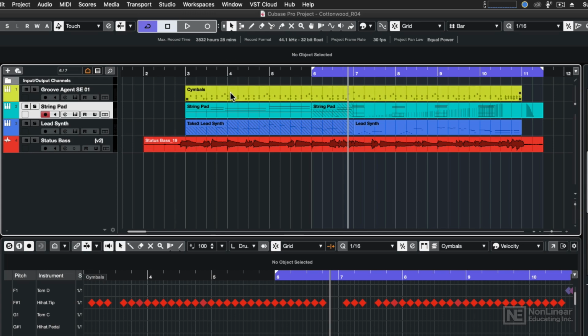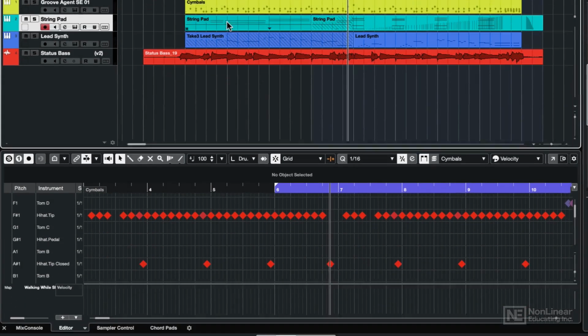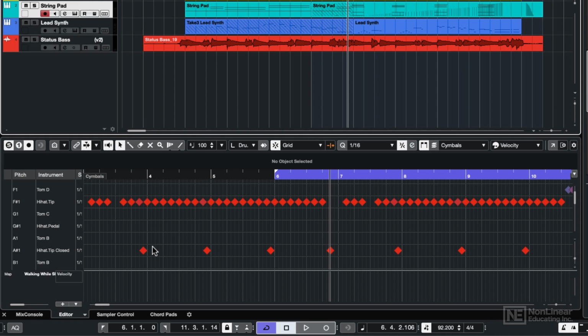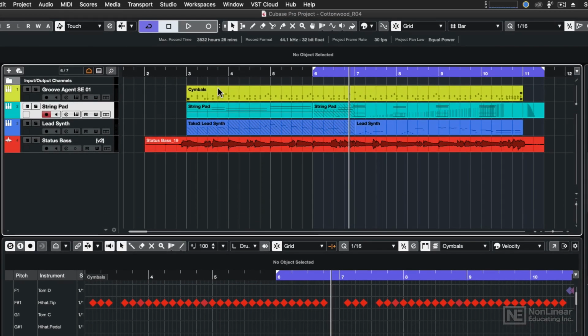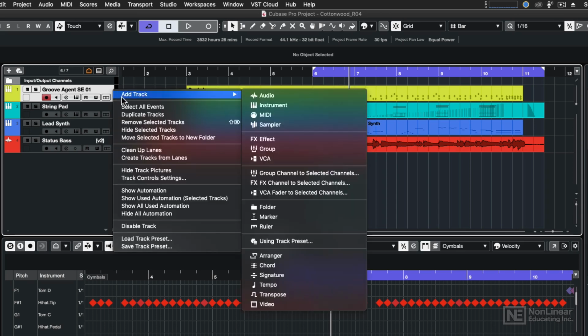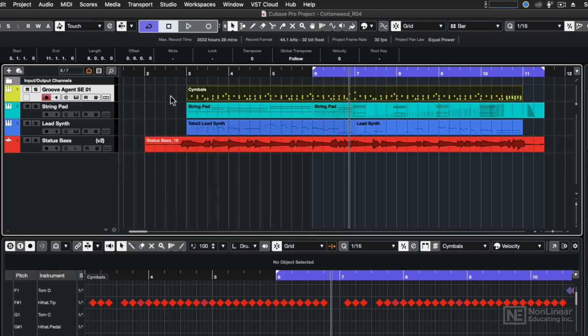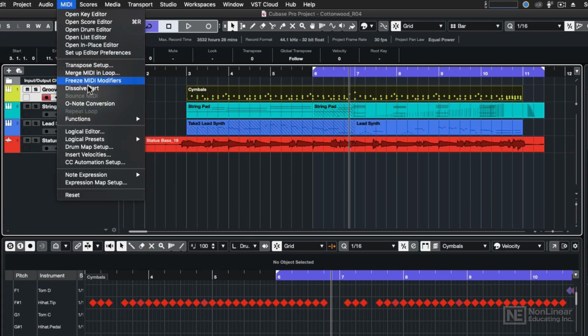But how do you edit each one of those? You could edit them individually down here in the drum editor. However, a lot of people will want to have each drum sound on its own event, and that's where Dissolve Part comes in. So I'm going to select that drum track, and then I'm going to right or control click to select all of the events on that track, and then under the MIDI menu, I'm going to choose Dissolve Part,